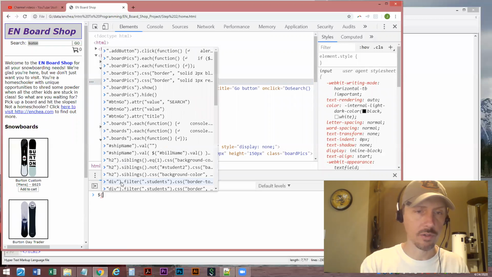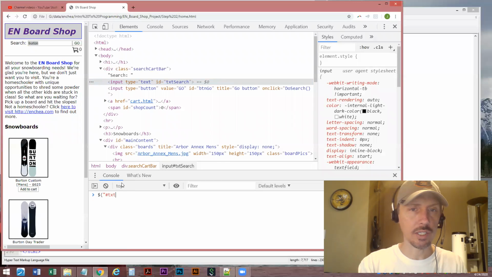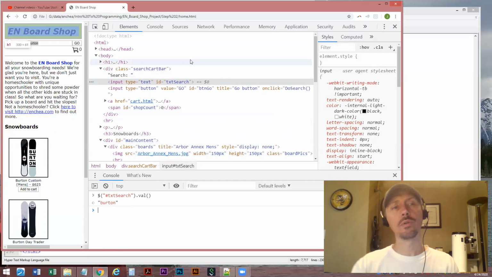I can run some jQuery code real quick here. Pound txtSearch is the name of that text box, and if I just check the value of that, it's got the word Burton in it, okay? Now, when we're doing these comparisons, one of the things we went over in the video lectures